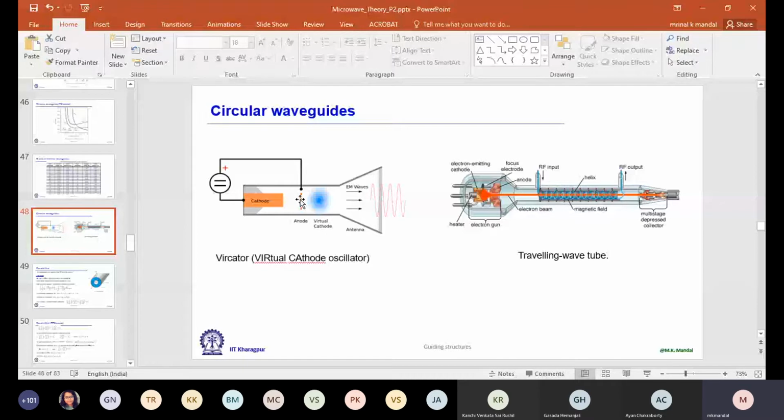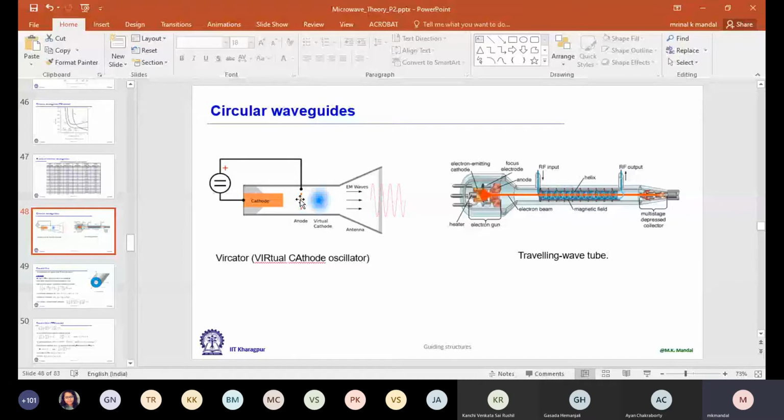From this oscillation, a part of the kinetic energy is converted to electromagnetic wave. You know, any charged particle, if it has any acceleration, generates electromagnetic wave. It starts radiating. The same thing happens here. So it can give us peak power of the order of gigawatts in a narrow pulse.